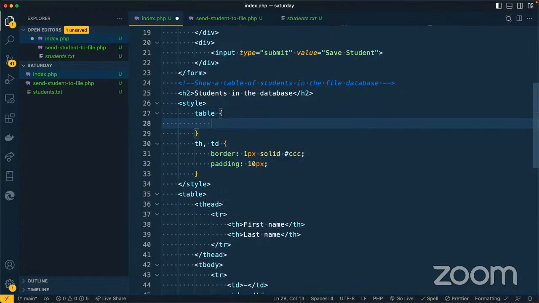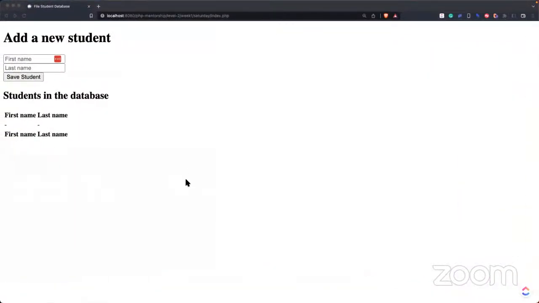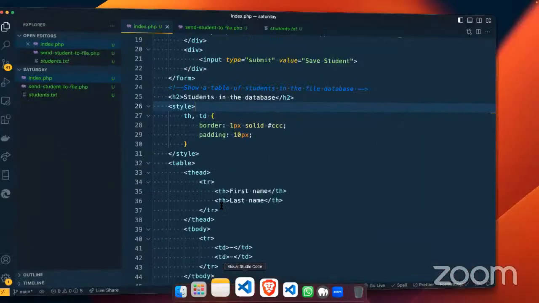Then we say border what? Border. Is it cell spacing? I'll leave it for now. I've forgotten what, but I hope this works. Let's see, let's refresh over here. Yes, this works. So what we are going to do now is to start reading the information and put it